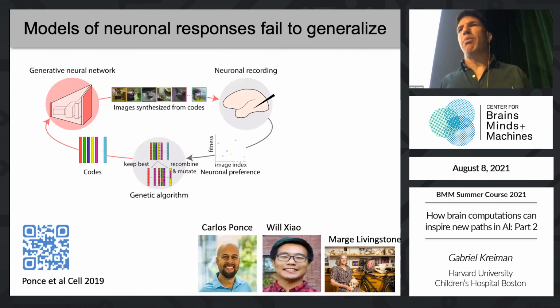what we understand now about convolutional neural networks to be able to design stimuli or to figure out what neurons like. I think Marshall will talk a little bit about this algorithm, so I won't. This is a way in which we were generating images with a deep convolutional neural network turned upside down as a generator to try to, in a closed-loop fashion, figure out what neurons respond best to. And the short answer is that we can drive neurons to very high firing rates. That is, we can discover what neurons like